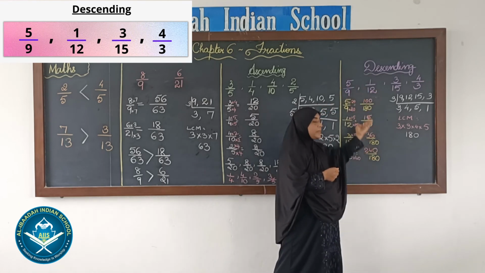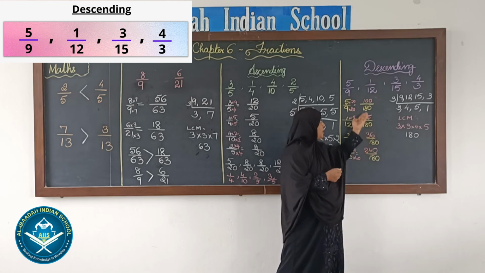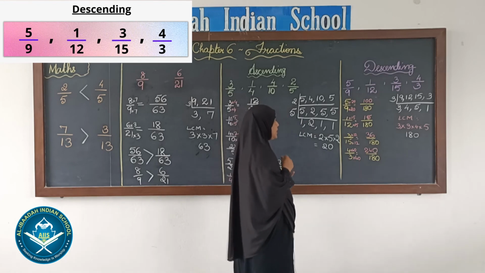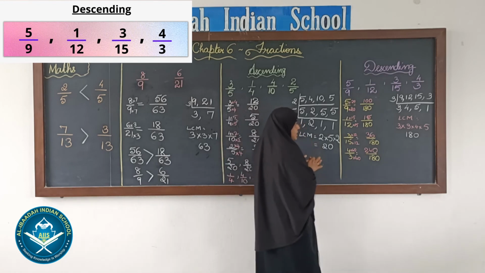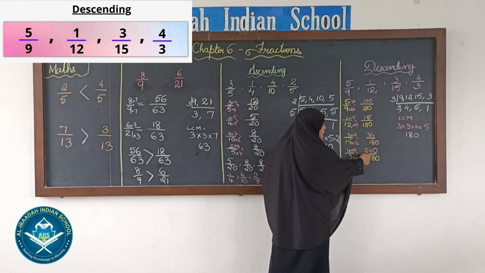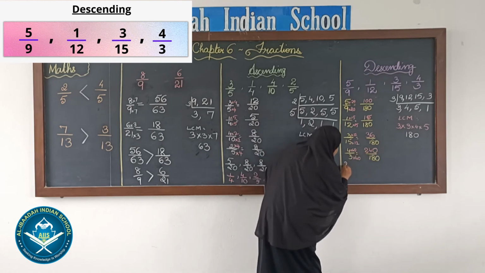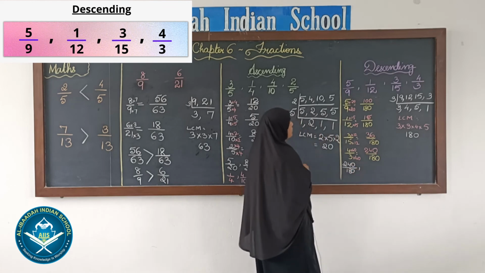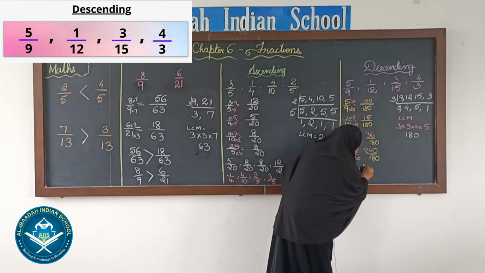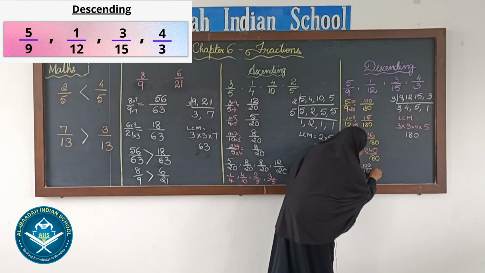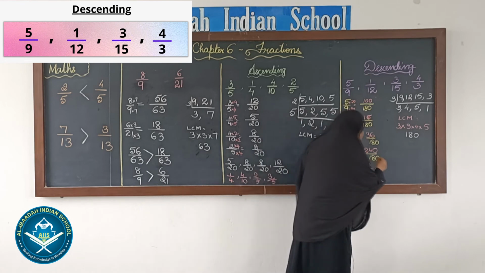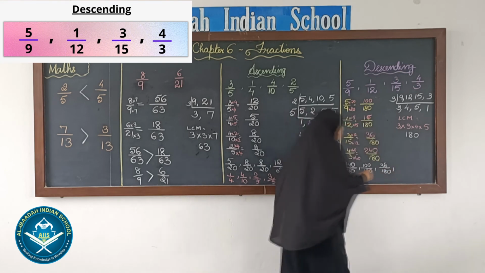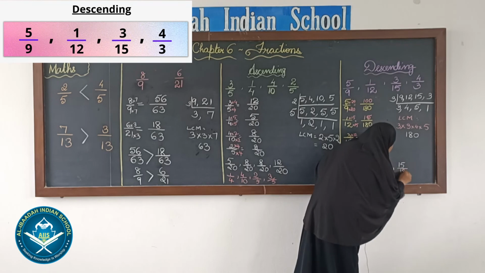But now these fractions are in like fraction form. All are having the same denominator. Now we will start arranging them in descending order, that is greater to smaller. Which is the greatest numerator here? 240 is greatest, right? So that fraction we will write first. Then next, after that we have 100 upon 180. Then next we have 36 upon 180, and then at the end we have 15 upon 180.